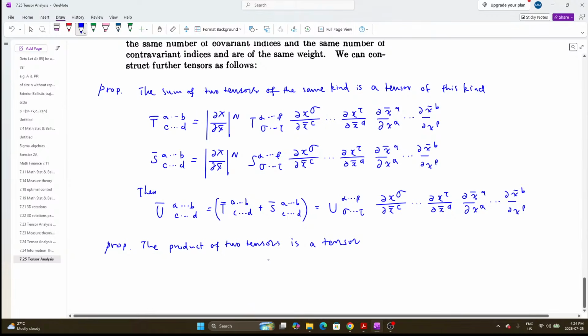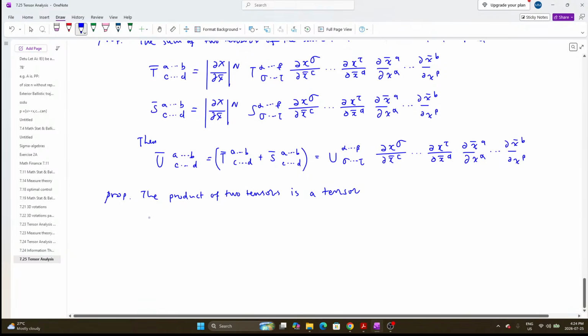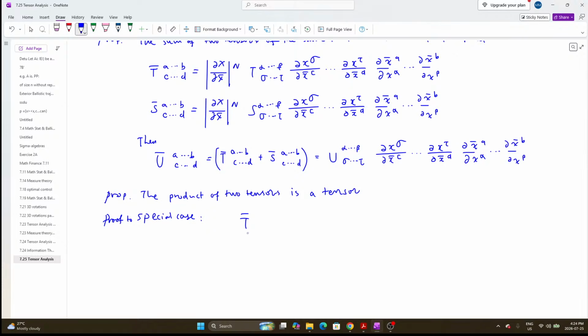The product of two tensors is a tensor. Okay, so this is a special case. It's enough to showcase the general situation. Let's prove the special case. So let's consider T is a mixed type. Okay, so the T bar AB is dx over dx bar